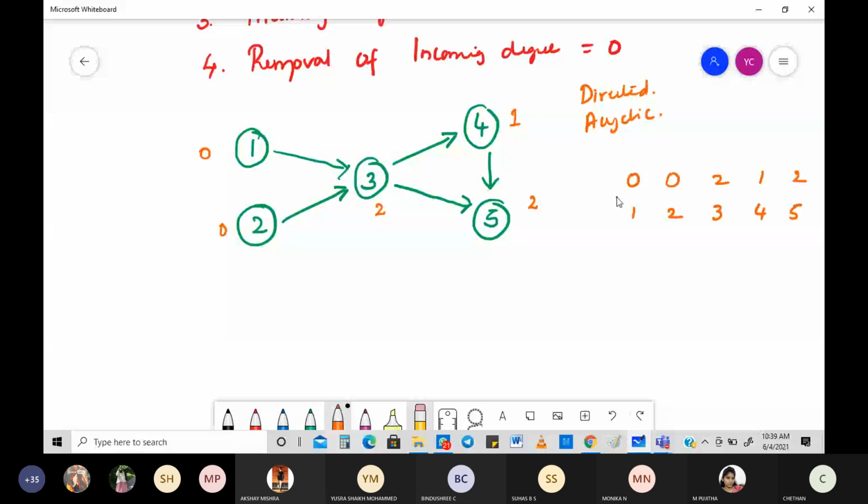Now what is the next step? The next step is you need to delete a node that has an incoming degree of 0. Which ones are those? You have this one, and you have this one. Both can be deleted. Probably the first time you are going to delete one, and later in the next step you're going to delete one more. That's how it will be done. This is a long step. Whichever is deleted, that will be coming as your topological order.